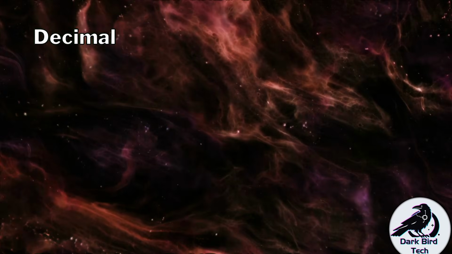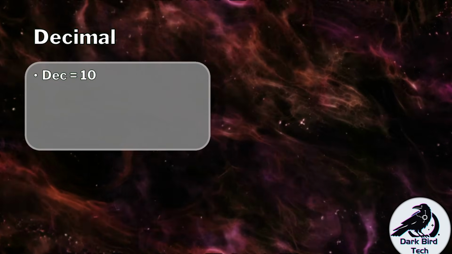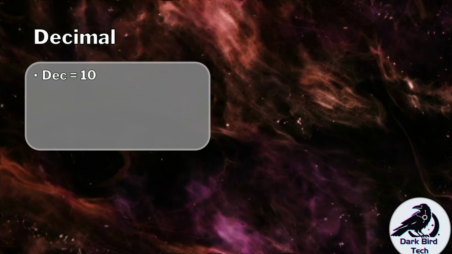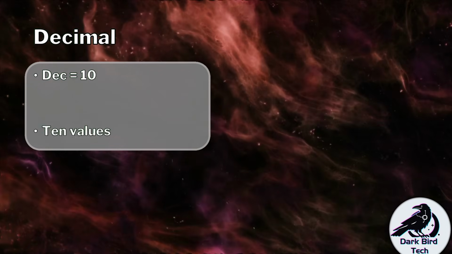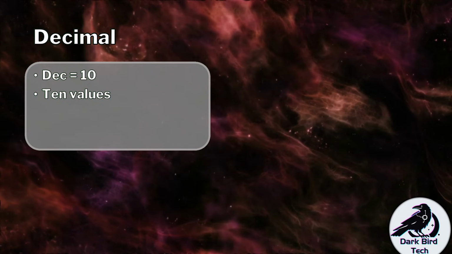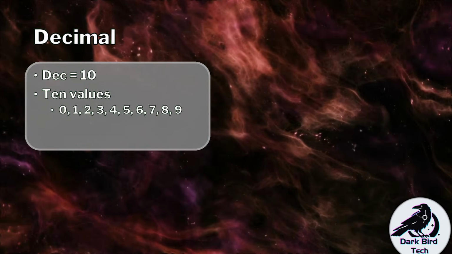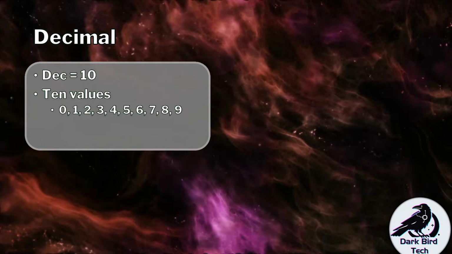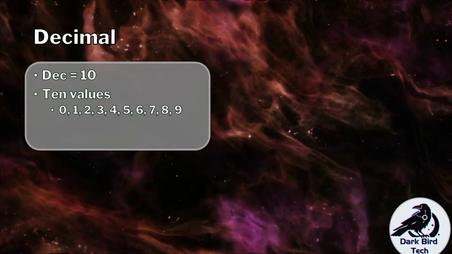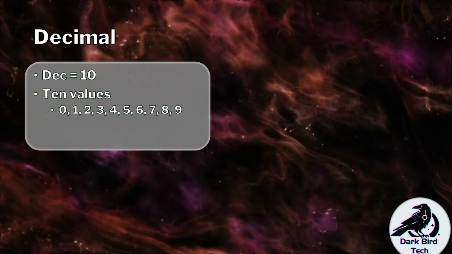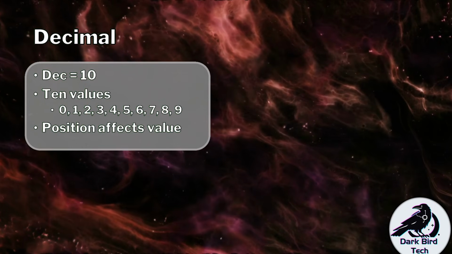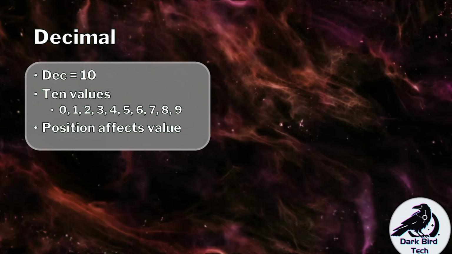So let's start out with decimal, where "dec" means 10 in Latin, I think. Correct me in the comments if I'm wrong. But we have 10 values to work with: 0, 1, 2, 3, 4, 5, 6, 7, 8, and 9. And, as with most numbering systems, where we position these values will affect the numerical value we are trying to